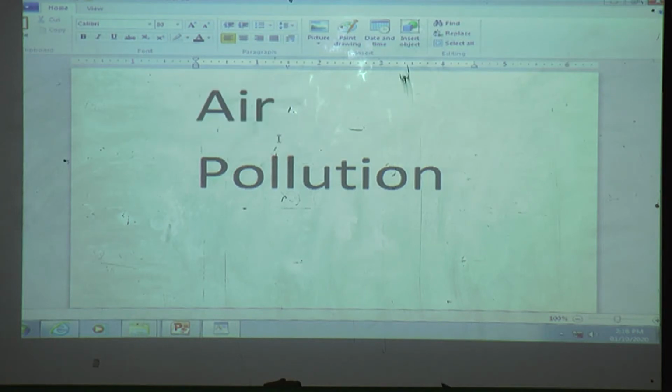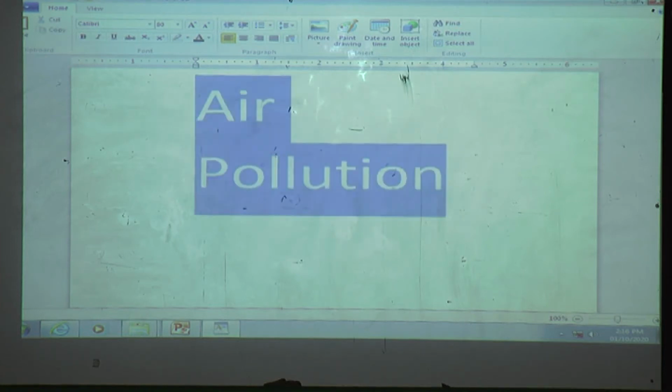Now we want to select more than one word or more than one sentence. Then how to select? Place the cursor before the first letter. Then press the mouse, drag the mouse and leave the mouse. Understand how to select the text? Now